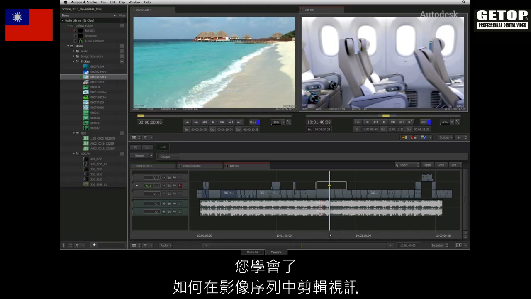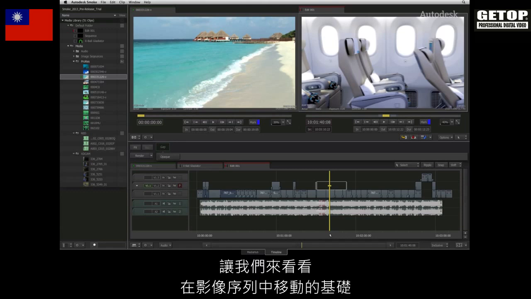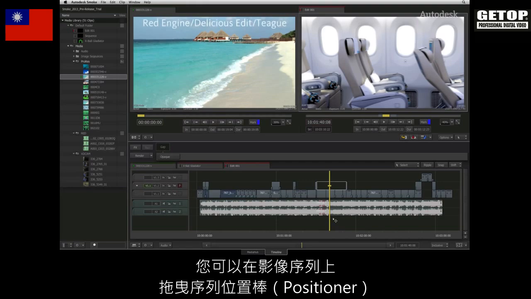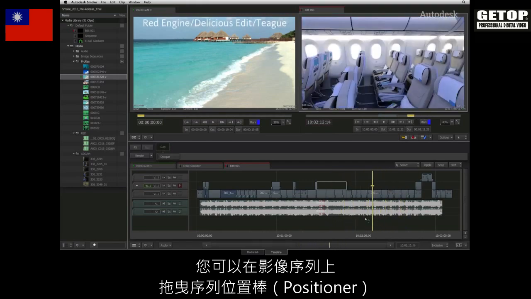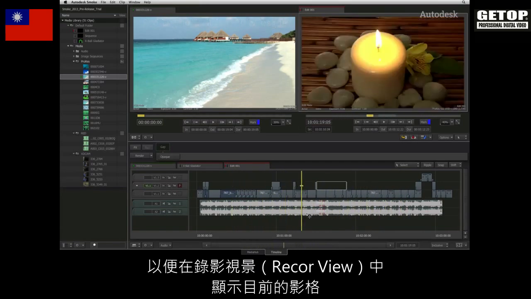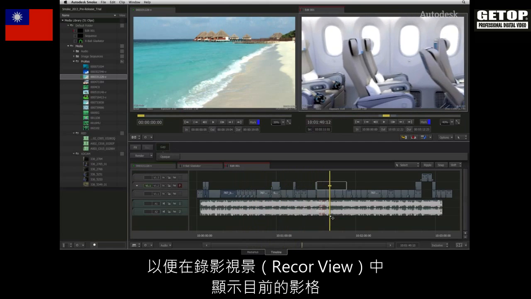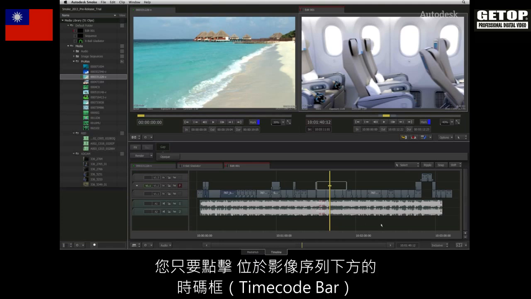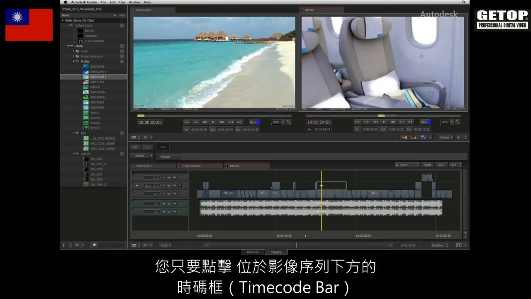Previously, you saw how video could be edited into the sequence. Let's have a look at some of the basics of moving around the sequence and the navigational tools. You can drag the sequence positioner all over the sequence to display the current frame in the record viewer. If you want the positioner to jump to another point in time, simply click on the timecode bar beneath the